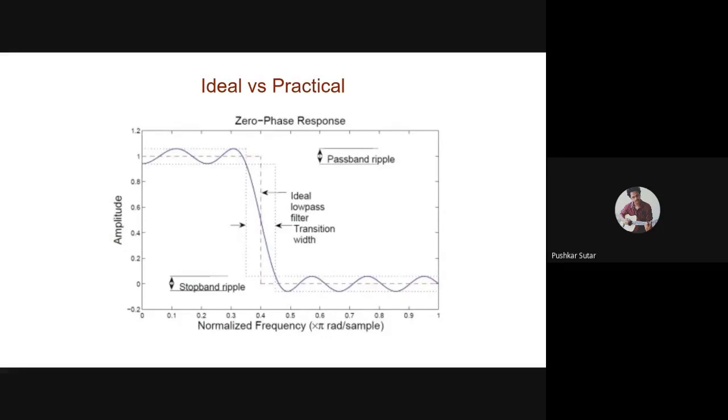We'll see with the help of examples. If you don't know yet. So believe me when I say this is a low pass filter, right? Now the dotted line is the ideal low pass filter. What you would call an ideal low pass filter. Why is this called an ideal low pass filter?